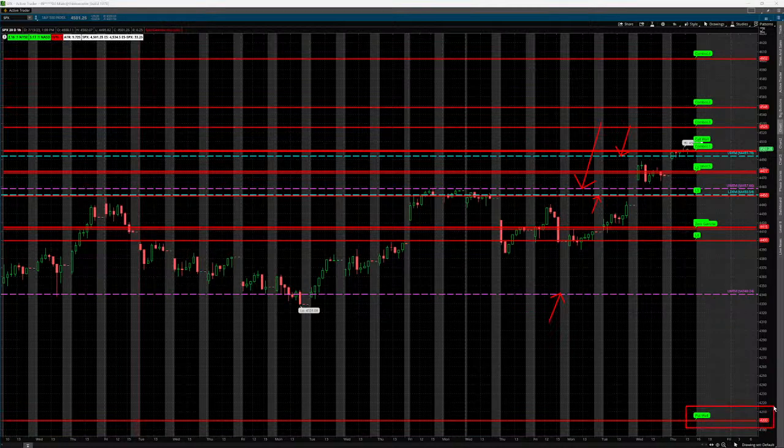First of all, the put wall at 4,200. That's the strike with the largest net negative gamma that can be expected to act as support, and that is not in play anytime soon. The next level up is the volatility trigger at 44.15. That is Spotgamma's proprietary gamma flip level. Below that level, market makers' position on the gamma curve is negative.